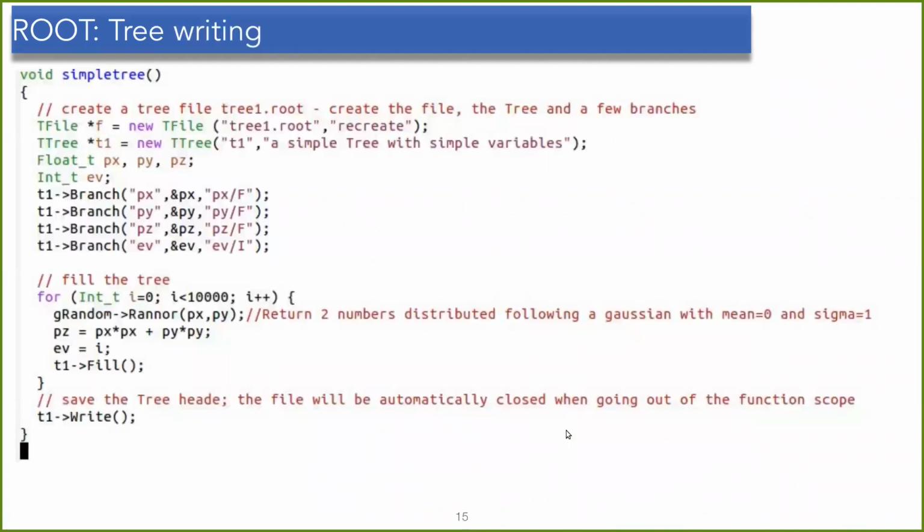Now, how to write a tree. So here I give a small example of writing a tree and storing it in a root file. First, I have defined a root file called tree1.root, and I just create it by using this option